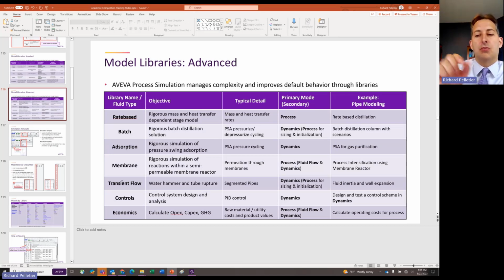And those big pressure swings happen in an extremely short amount of time. So this library allows you to simulate that. It's predominantly used for safety analysis, right? You want to make sure that there's no safety related concerns to the peaks in the pressures that are building up in these lines. And then we have the controls library, which we talked about, and the economics library, which